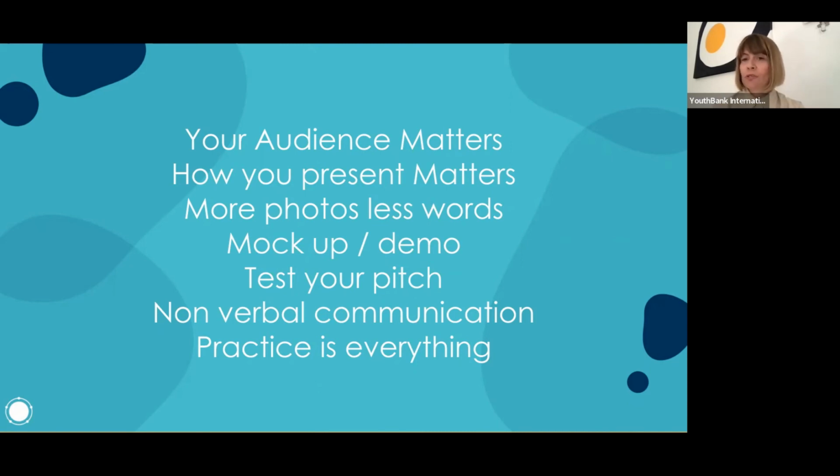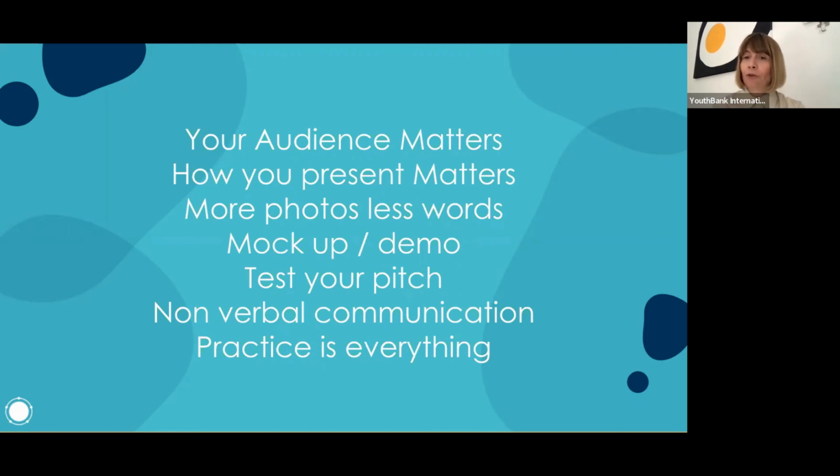Don't really focus on saying things at the right pace, really focus on being clear, and on not saying things too fast and not trying to squeeze a lot of words into a short amount of time. When it comes to presentation, use more photos, fewer words, because you are there in front of those slides to actually tell the story. If you have a mock-up or demo, do that if you have time.